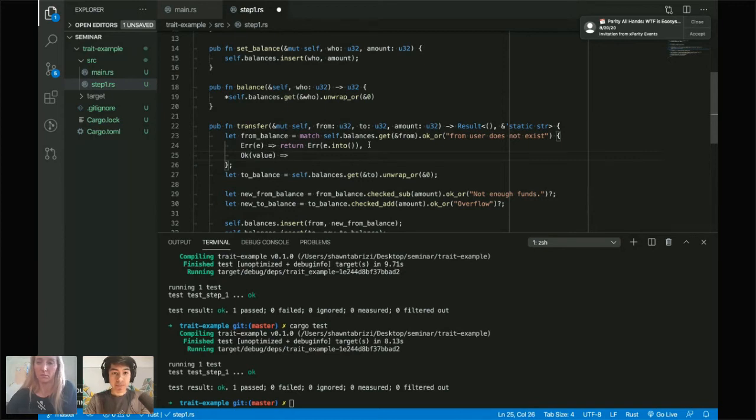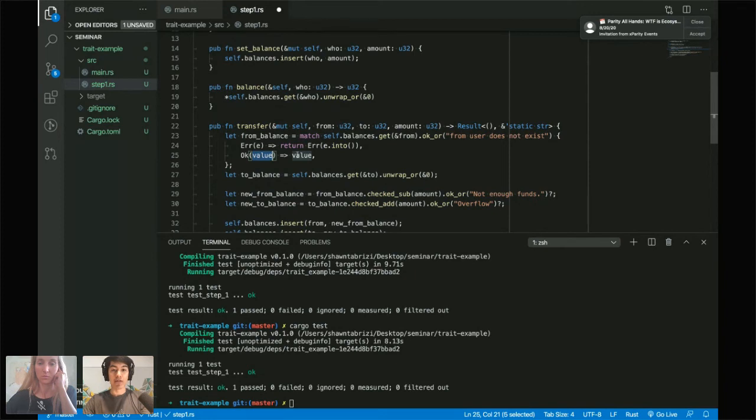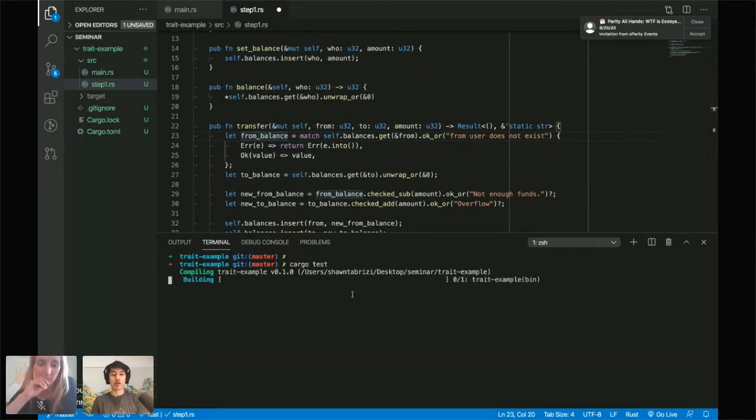spit out the value. So this code, basically, this return here would actually return the whole function early, right? So I wouldn't process any more code here because I'm returning from the function early with some error. And so this is what this result would expect. I'm returning some error here. So as soon as I hit this part of the code, bam, I'm done. But if it's okay and I have some value, this value is the value that will be returned and inserted into this from balance. And so when I write the question mark operator, I'm basically just not writing those 2 lines of code every single time, which I think we can all agree is better, right?